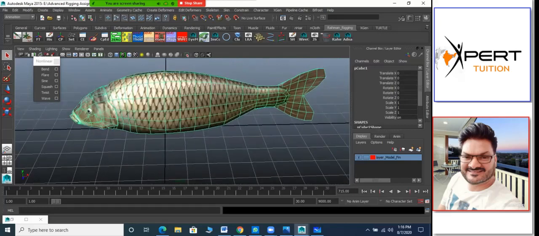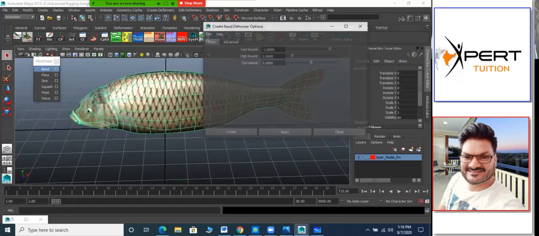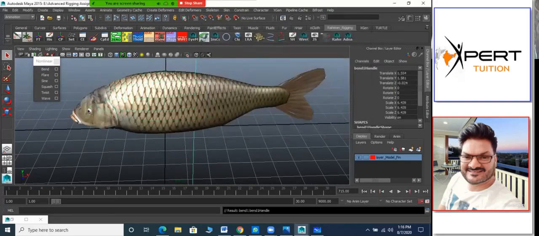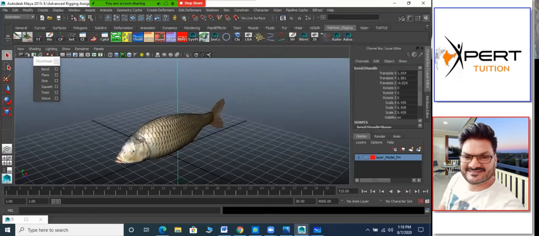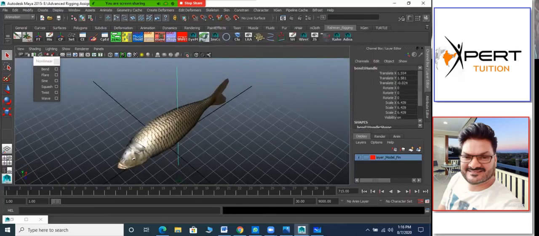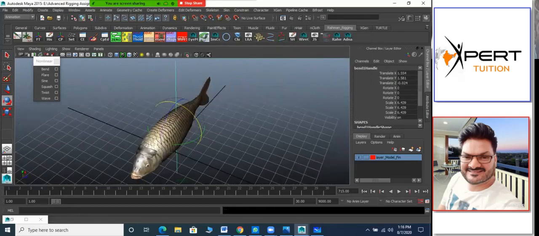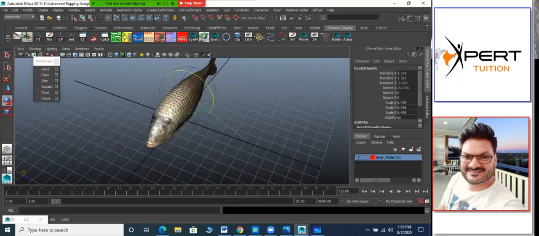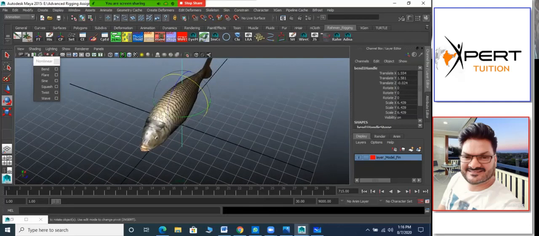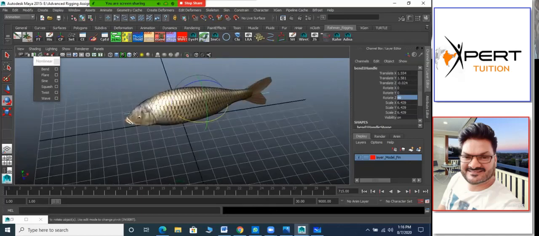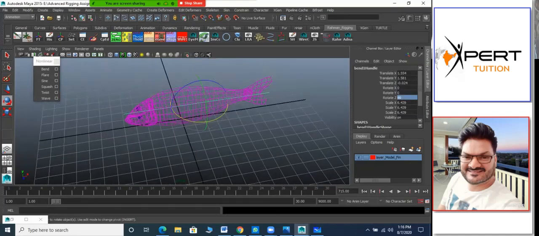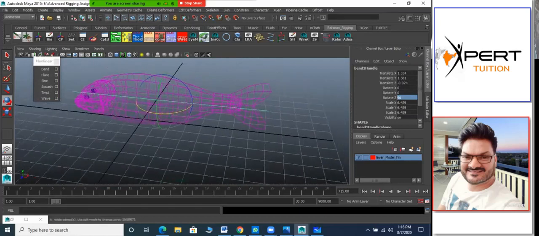So same way, the bend deformer, first one I'll apply it. Again, the same default setting, apply, close. Again, the deformer is looking vertical, so definitely it is not going to work. So we need to rotate this deformer horizontal. Z rotation is not happening for me here, so by seeing the axis, I'll directly type 90 degrees here. So it got placed inside the mesh exactly how I want.